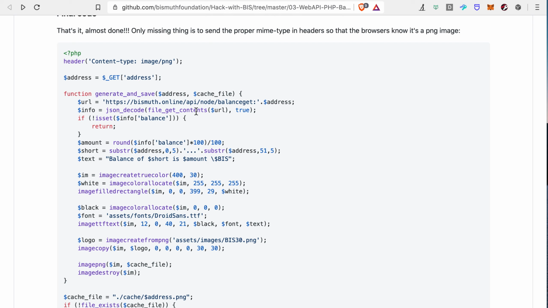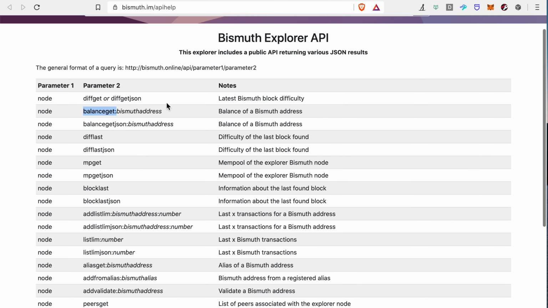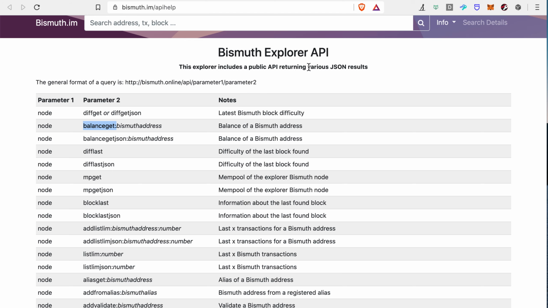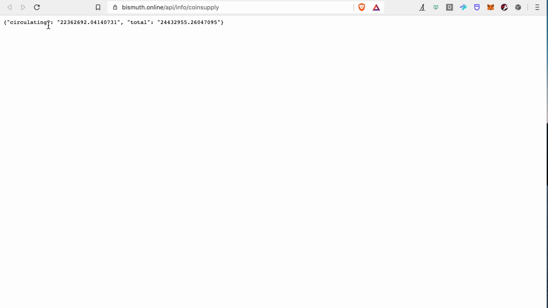The address is then added to the API call, which is the web API, for example, here in the Bismuth Explorer. This is the URL, API / node balance get, and then you put in your address and you will receive a JSON